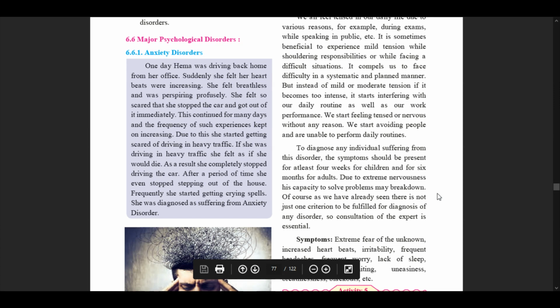Today we are going to be continuing with chapter 6 of Psychology 12th grade, that is Psychological Disorders. In the previous lecture, we had learned more about mental wellness and mental disorders and the various classifications given to us by the WHO and the DSM, the Diagnostic and Statistical Manual for Mental Disorders, and furthermore, you'll find the link for that video in the description below.